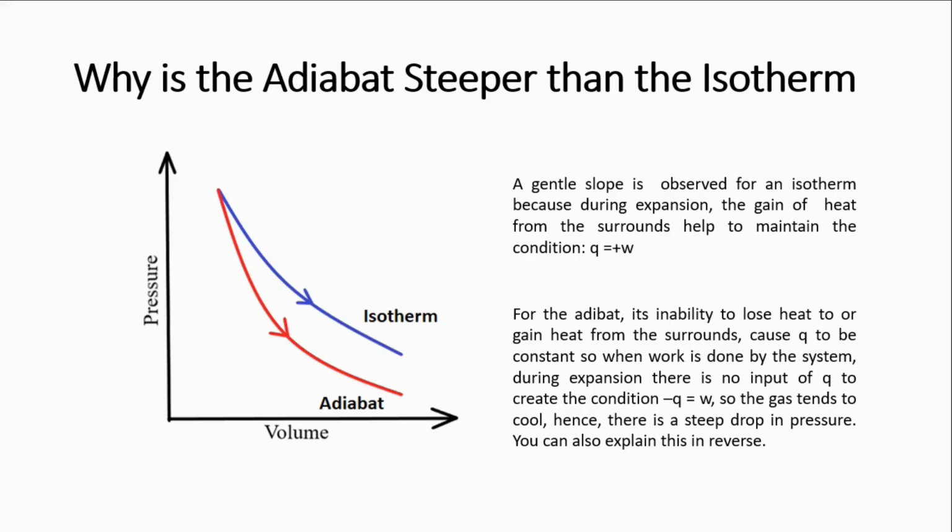And so what you find, even though the isotherm is expanding, its pressure will drop, but very gradually. It will not drop rapidly. So there's a decrease in pressure, but that decrease is not very rapid, because even though the gas particles are moving further from each other, that is, they are expanding, using up energy, doing work, the energy being lost is being replaced. The energy being consumed as work, as the gas does work, is being replaced by the input of heat energy.